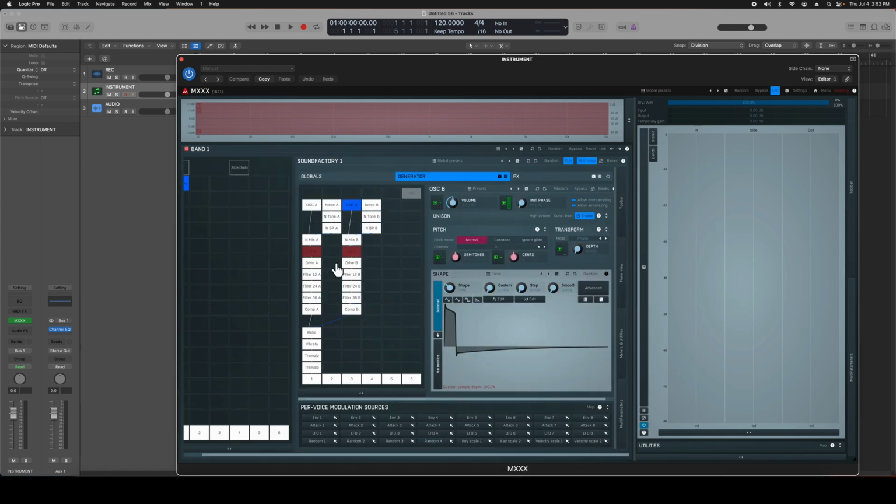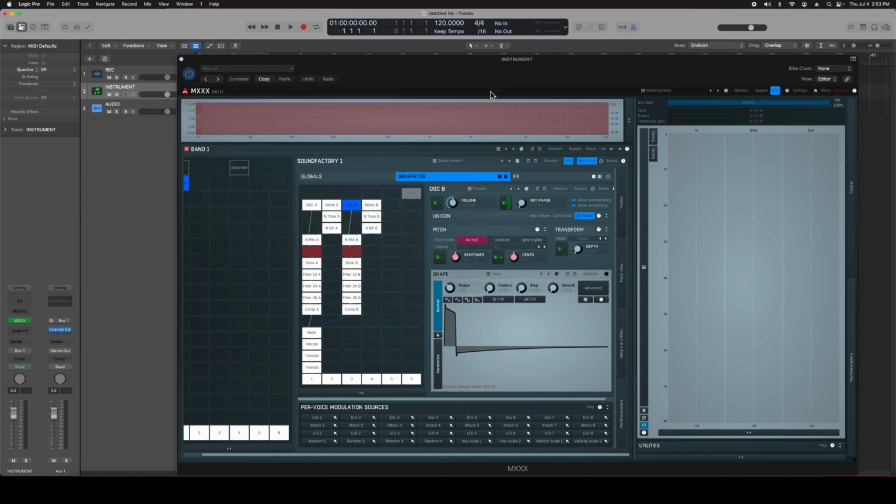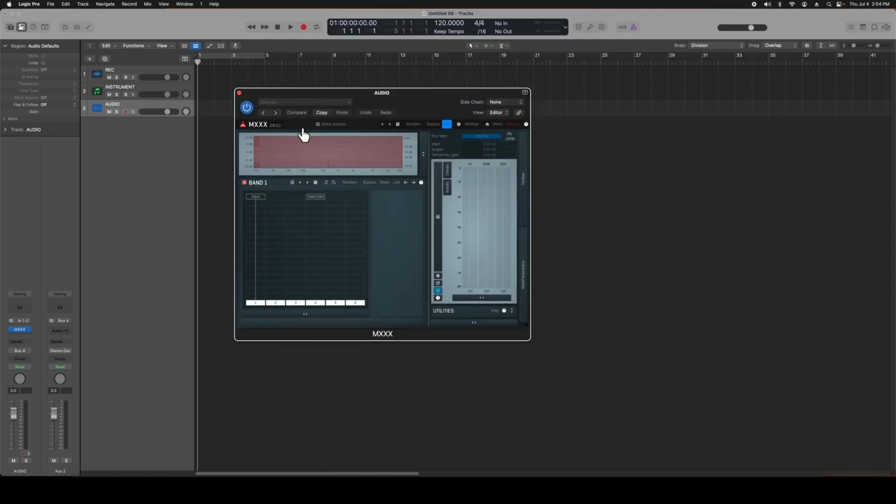So here we can see the inner guts of the MSoundFactory instrument. And from here we could rearrange or edit things or remove things as desired. You can also build MSoundFactory instruments from scratch from within MXXX. They have a very unique per voice modulation system. You drag and drop these onto the desired modules and parameters, and you're able to animate them in unique ways. There are extensively deep technologies in all of these components that you can utilize as an instrument or an audio